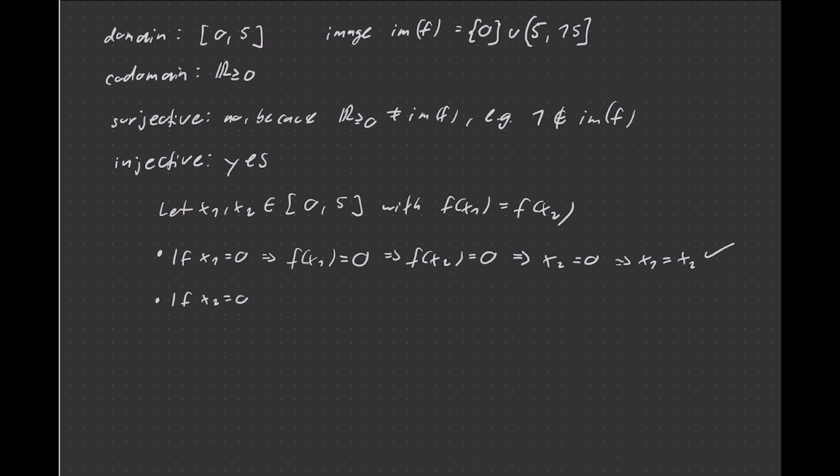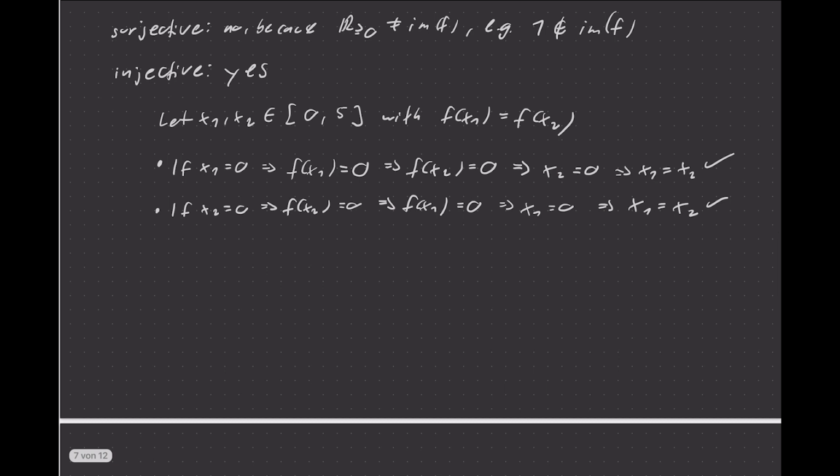If x2 equals 0, then of course the same thing happens. Now f of x2 is 0. That means f of x1 is equal to f of x2, so that's also 0. That can only happen if x1 is 0. And that means both x1 and x2 are the same. Finally, have a look at the last case, where we assume neither of those is 0. If x1 is not 0 and x2 is not 0 as well, then